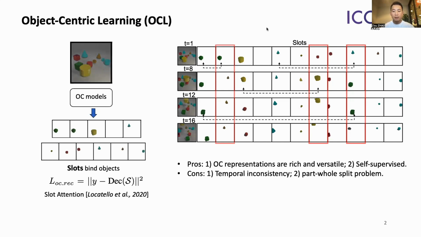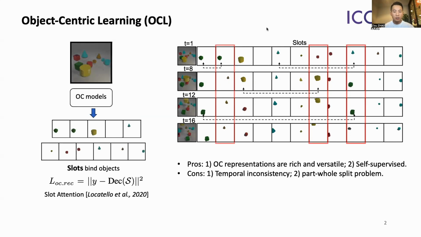However, as highlighted by the red boxes, an object may appear in different slots across time, showing bad temporal consistency. Besides, the pothole issue is not fully explored, which allows slots to only track parts of an object, shown by the dashed arrows. In this work, we take steps to bridge the gap between object-centric learning and multiple object